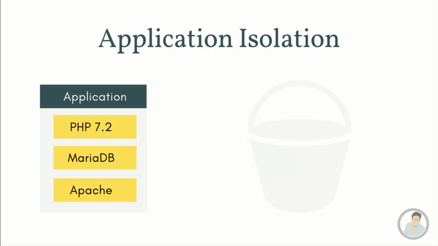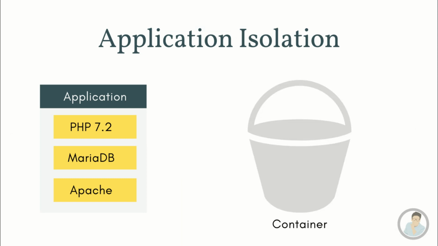Application isolation. One of the major advantages of Docker. Just think you are developing a web application and it highly depends on PHP 7.2, Apache, and MariaDB 10.2 as the DB service. If someone needs to use your application, they need to set up the environment with the exact versions of PHP, MariaDB, and Apache. Maybe they need to remove the existing versions of PHP or MariaDB in their environment. So it can cause another application to crash. Docker is the solution.